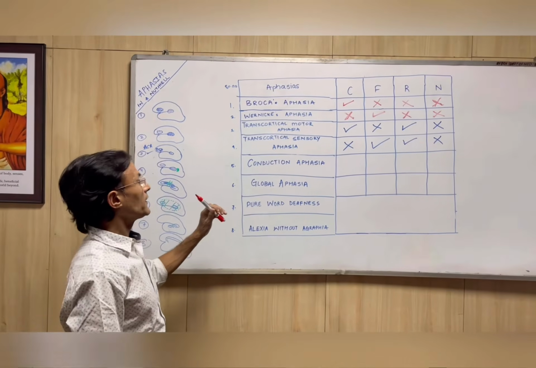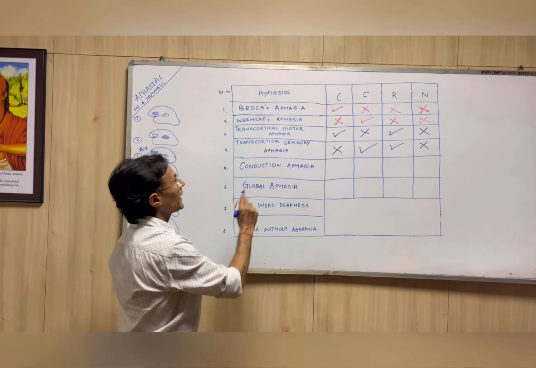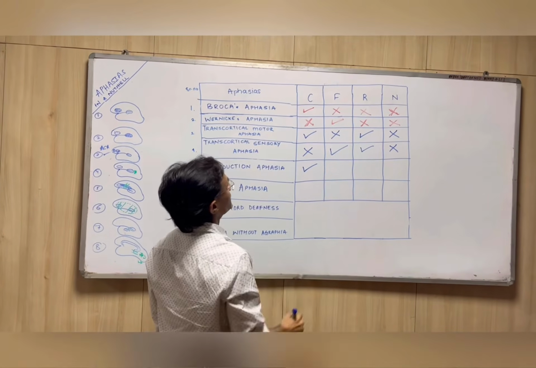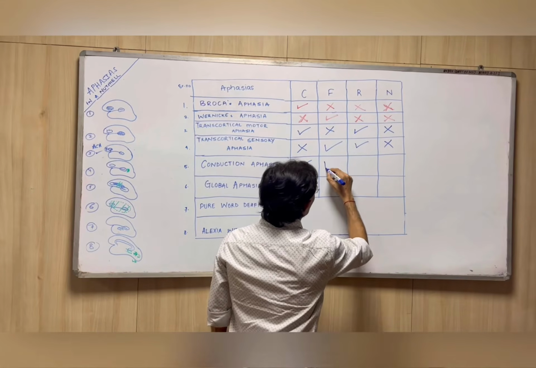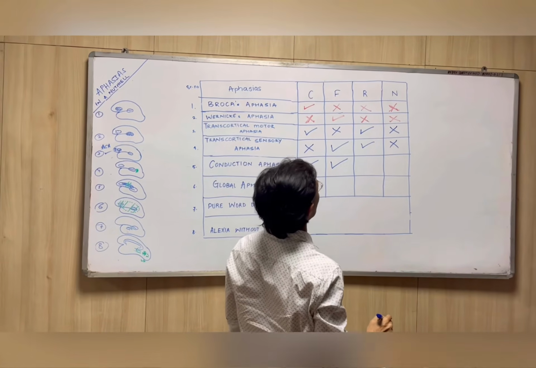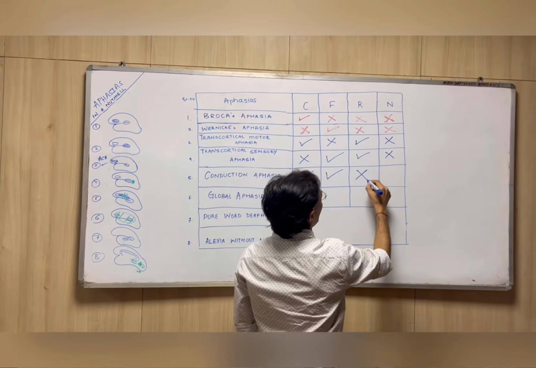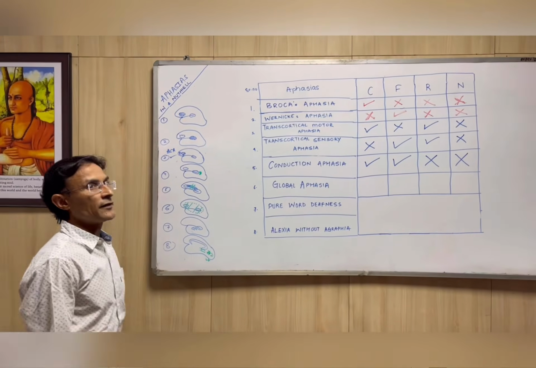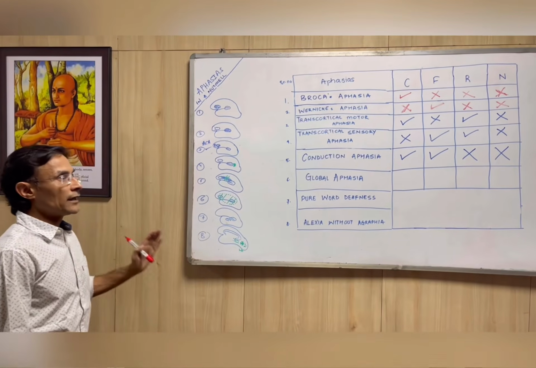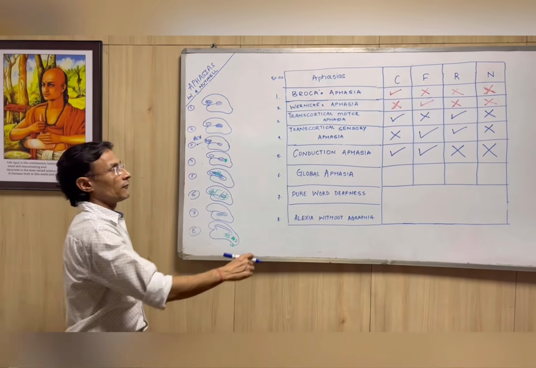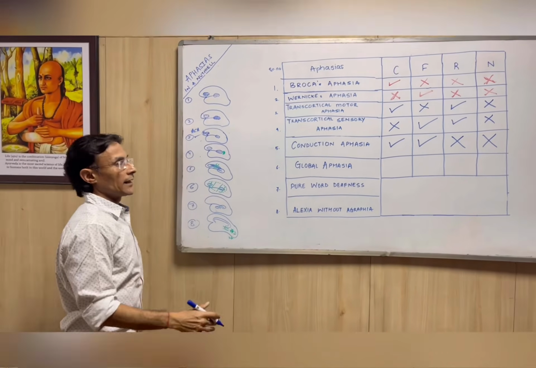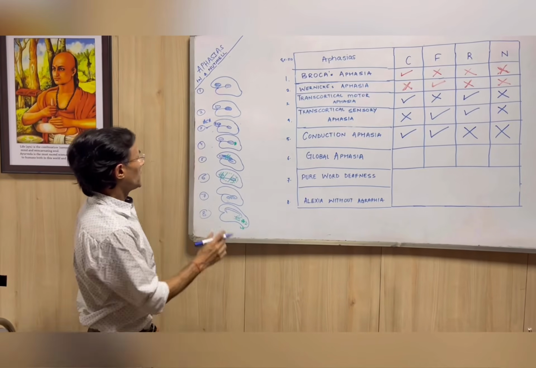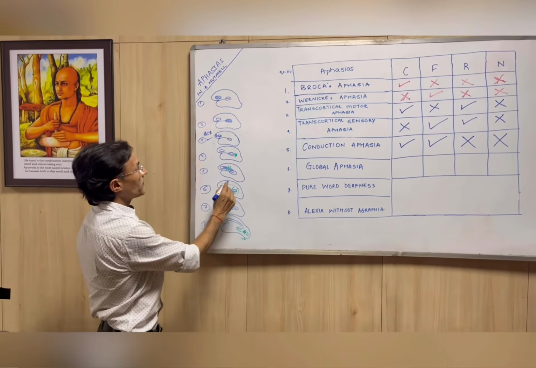So how is a patient of conduction aphasia diagnosed? Here the comprehension is intact, the fluency is also intact, as if everything is going on fine till now, but repetition is lost and naming is lost. So this is the characteristic feature of conduction aphasia. Everything looks good to start with, but when you ask the person to repeat and name, they are not able to do so. So this is conduction aphasia. Now this is a bigger lesion in the dominant hemisphere.